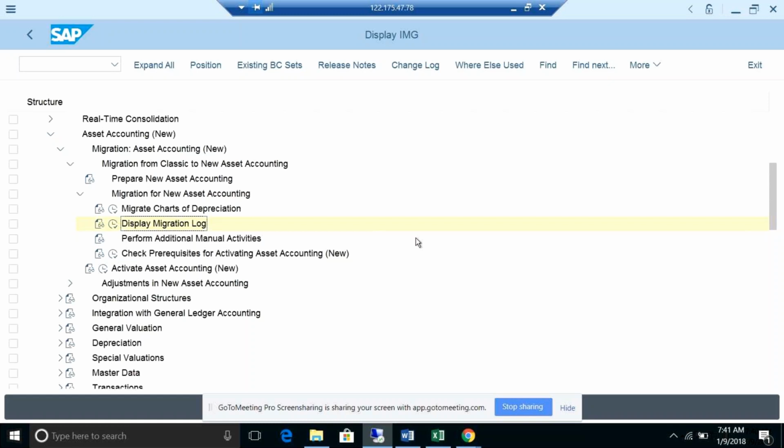As a client, since we are going to HANA anyway, in case you have a new requirement to report for multiple depreciation areas with multiple accounting principles, we need to take care of that also. So both the requirements we will take up, and then proceed further. For the same thing we will again do the configuration. Where we will do the configuration, I will show you in the next steps.